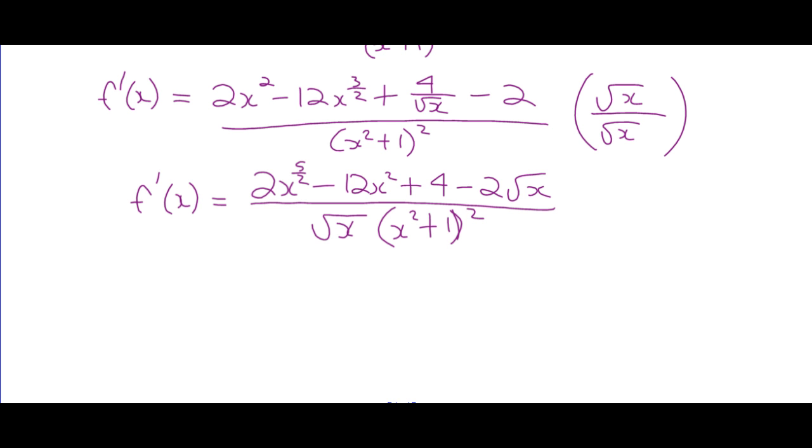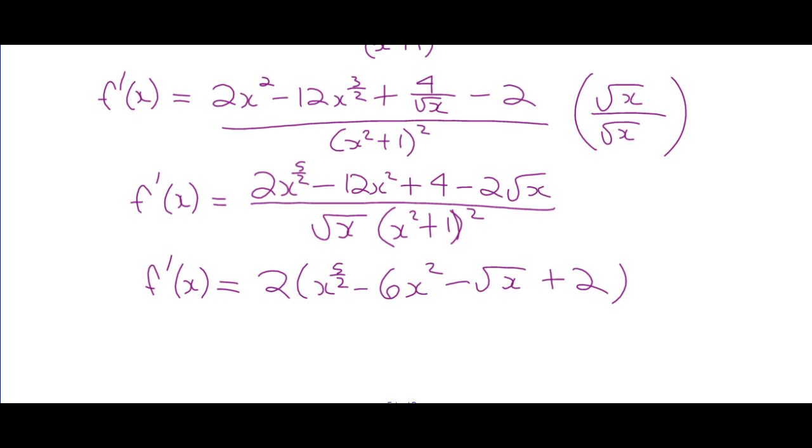And we can factor 2 out of the numerator, right? Which we could have done a moment ago if we had recognized that, but whatever. So 2 times x to the 5 halves minus 6x squared plus, well, let's put the root first. So let's go minus root x plus 2 over